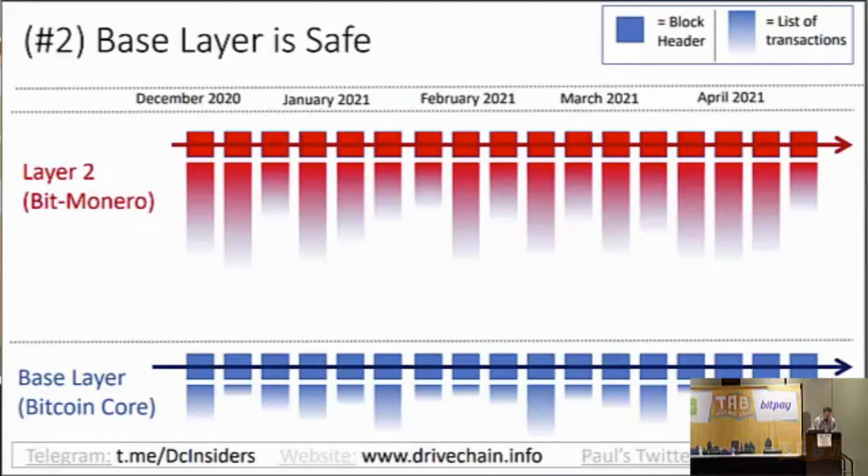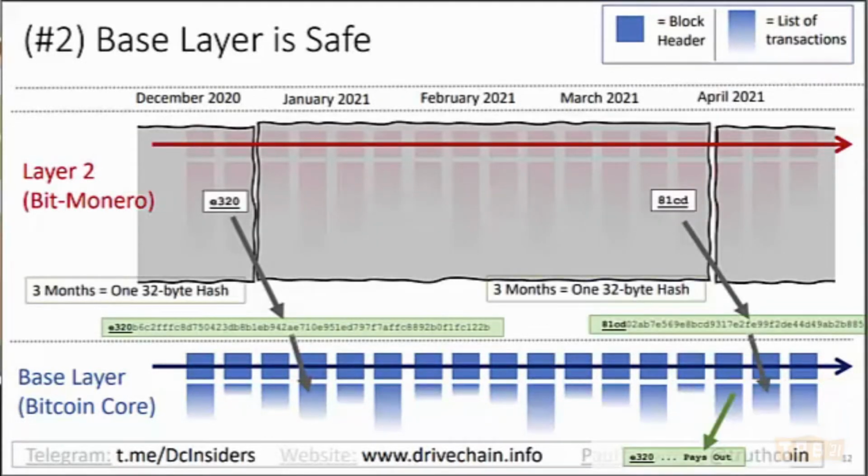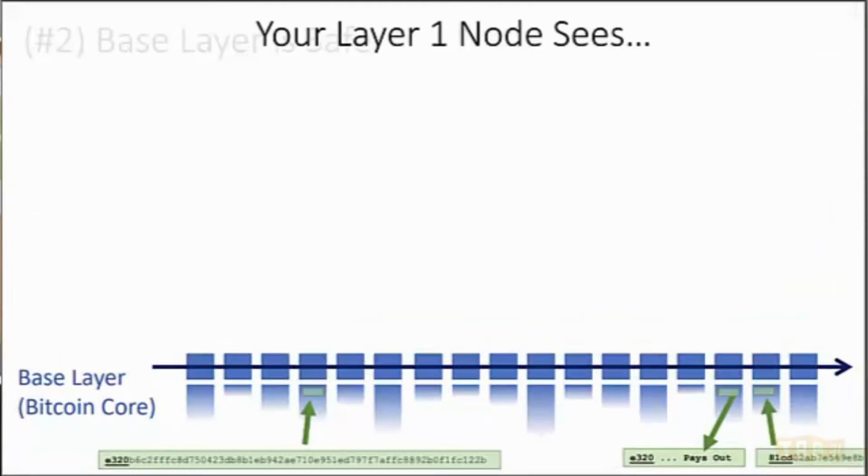And now the idea with BIP 300 is that 3 months of sidechain activity are compressed into one little 64-character string here. And this string is the only thing that is inserted into layer 1, ever. So no matter what the Monero clone over here is doing, this is all that layer 1 will see. Ready? So this is it right here. This is all that layer 1 will even see.